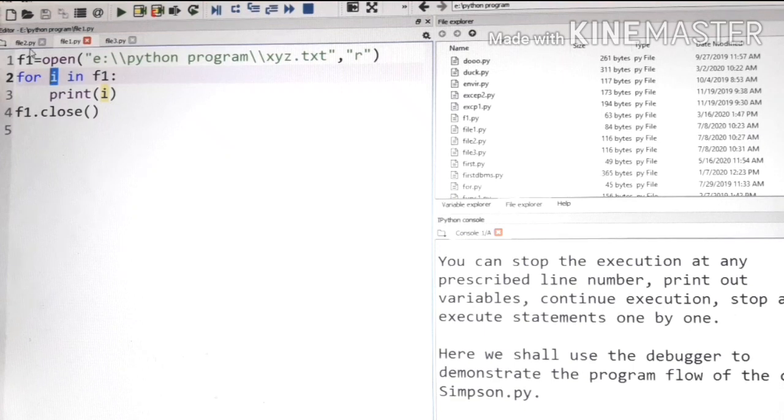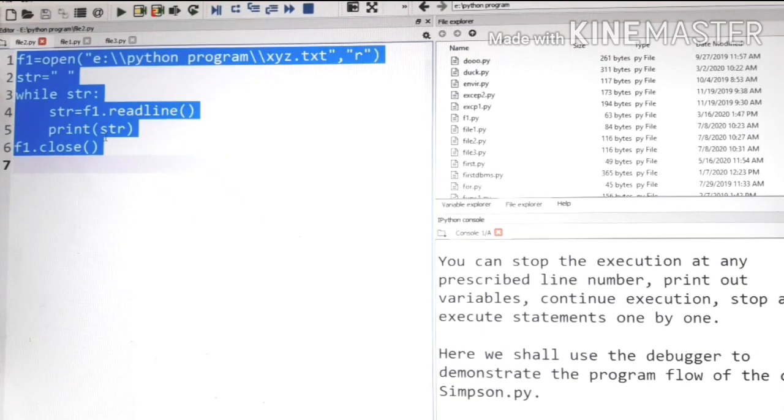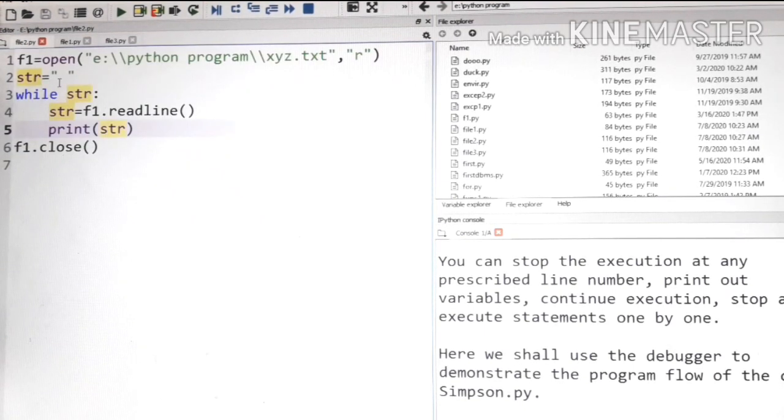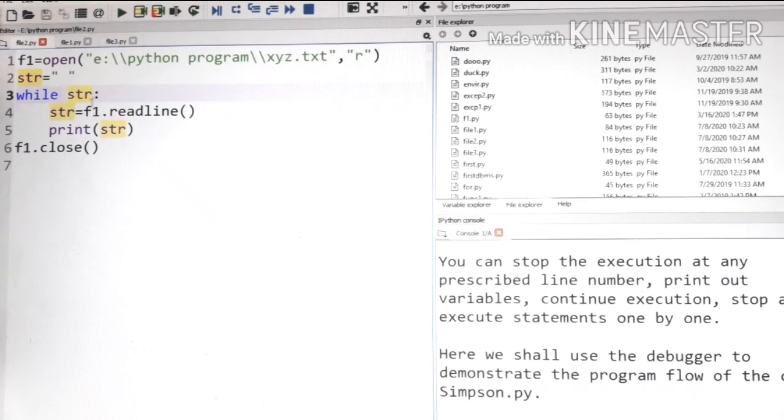Now next, how can we use the while loop? In the while loop we take a variable with a blank string. Next, while str, it means true, it will go into the loop and keep executing until the condition is false, that is, until the whole content is read from the text file.